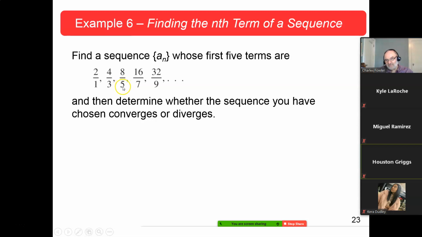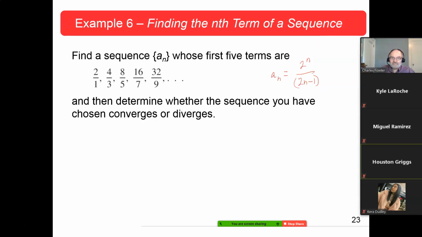When n is 3, that would be 6 minus 1, which is 7. So 2n minus 1. Okay, well that one you could come up with a sub n. It looks like to me that a sub n would equal 2 to the nth over 2n minus 1. Now that's what it looks like it is to me.